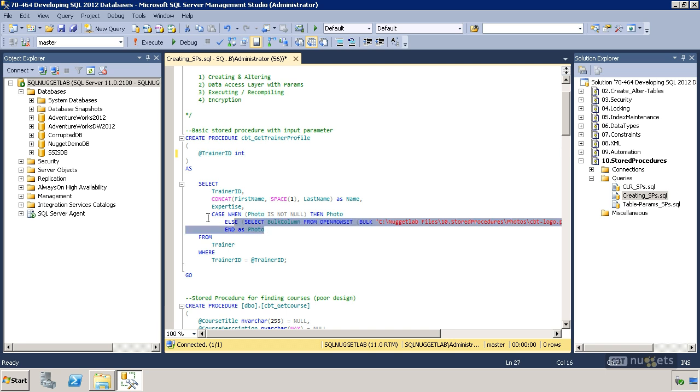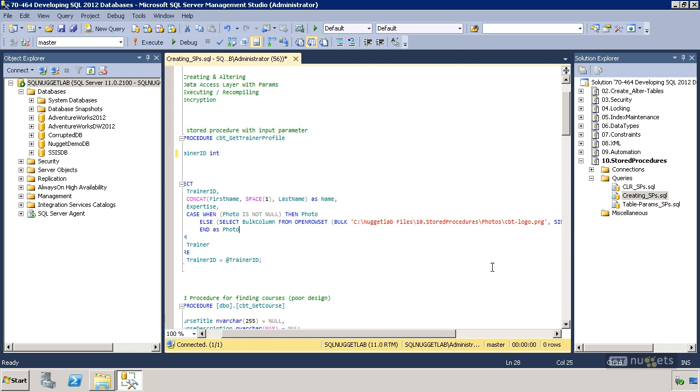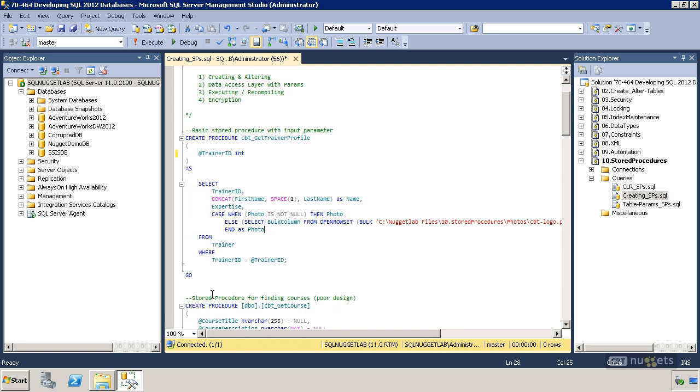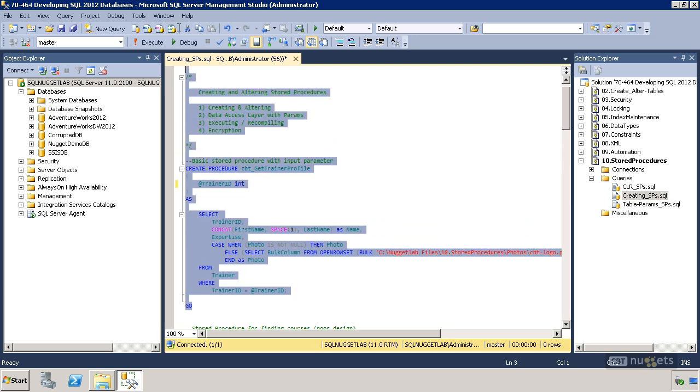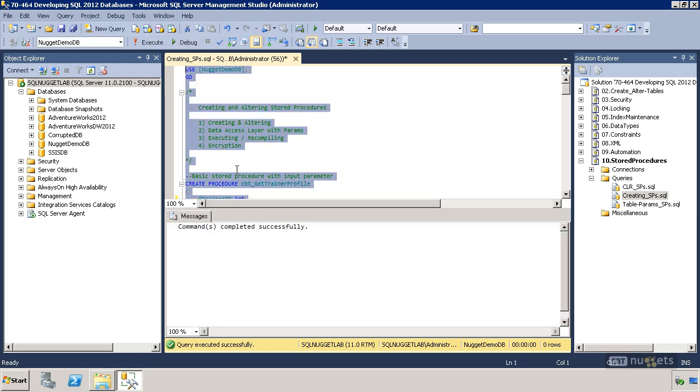And I should also mention here this photo. I did load up a couple of photos into our trainer table, and this little case statement here just says if it's null, then it's going to grab this default logo as the trainer photo. If not, it's going to return the actual photo itself. So let's do this. Let's create this stored procedure inside of the Nugget Demo DB, and then we will see